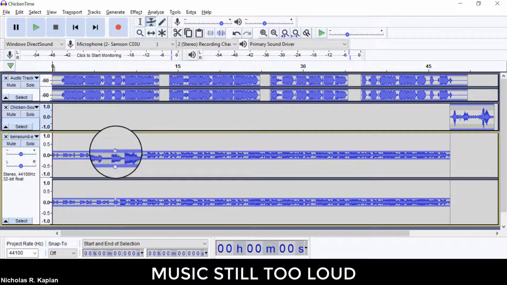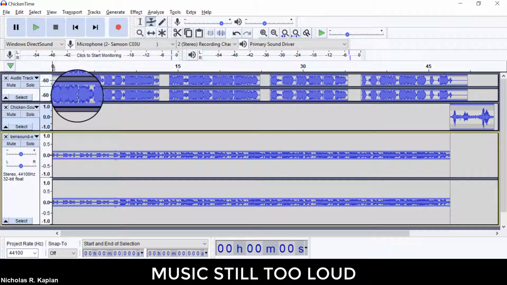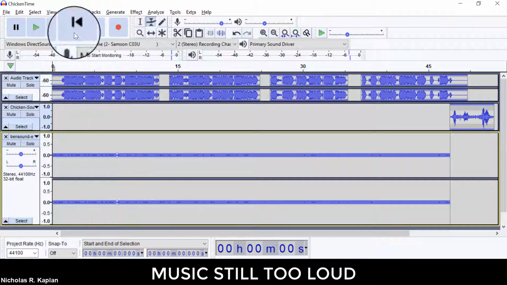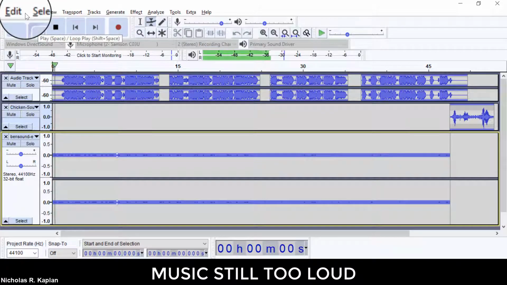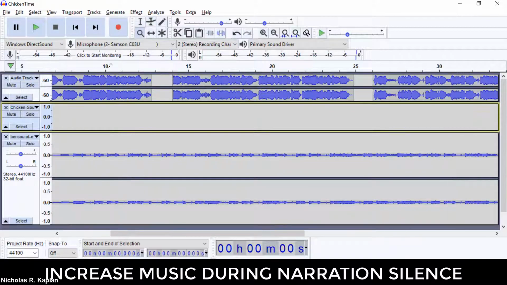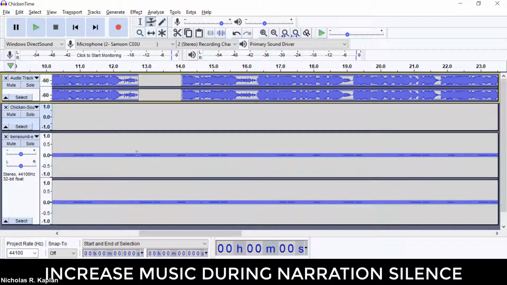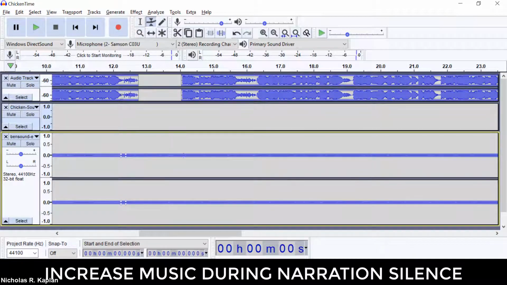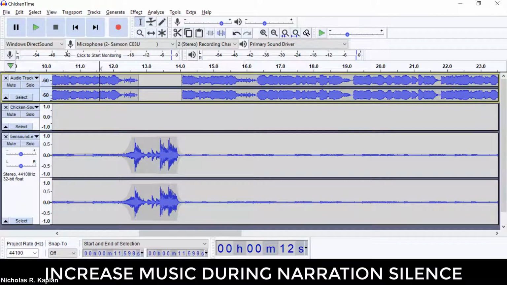I still think that's a little too loud, so I'm going to go back to where I put those 2 little dots, and I want to shrink it down a little bit lower. I like that. So see right here, let me zoom in. See how I've got that gap in the audio? If I came here and I put some extra little dots in here, I could actually raise that music back up for a second and then have it go back down. So let's put it back in. Let's see how it sounds.